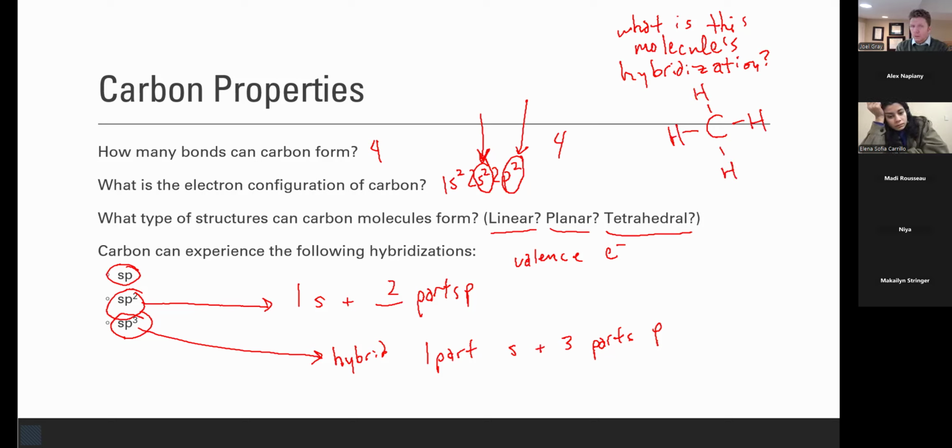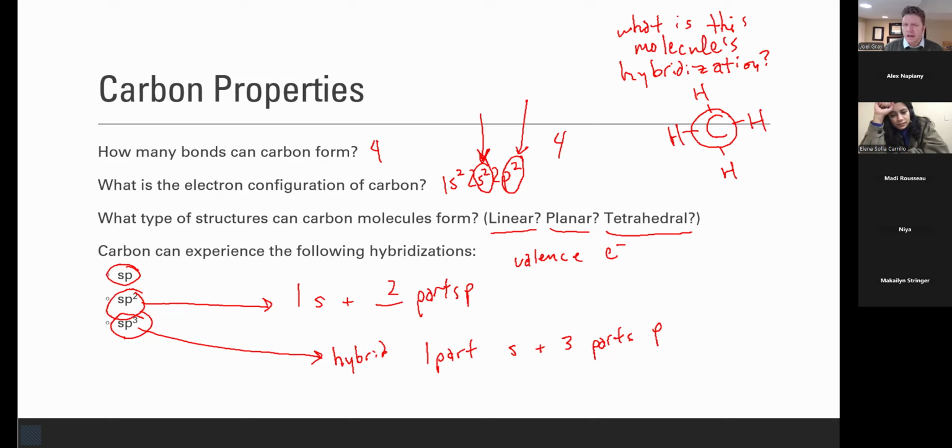CH4 is a hydrocarbon, and the hybridization, the question is really always about the central atom. What is the hybridization of this molecule, but more specifically, this carbon's hybridization? Could you give me a 5 in the chat if you understand when you ask about a molecule, we're asking about one specific atom's hybridization? Okay, I got one response there. And I think maybe as we work through this, it'll make a little bit more sense.